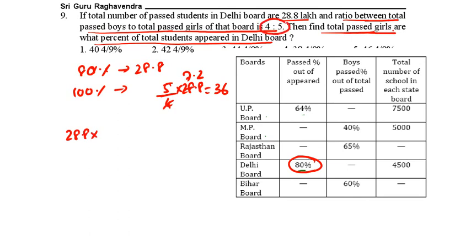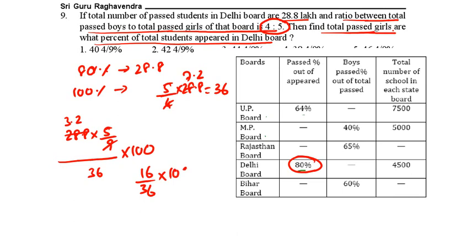So that will be equal to 75 into 36. Do the multiplication, it is 450, it is 225. That will be 27 lakhs. Total students: 27 lakhs. And total passed students out of total, 66 2 by 3.